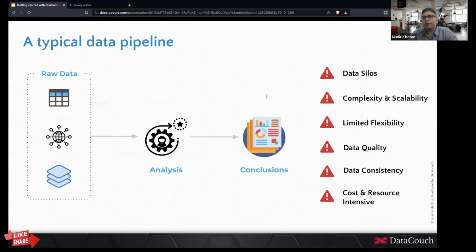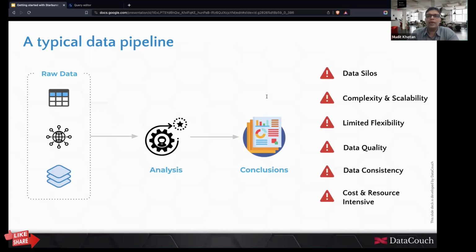Because the data pipeline is so broken, or so problematic, there are too many moving parts, and those parts are not optimized to work with each other. It requires far too many people to make them work together so that the system does not collapse. So that is another issue that comes into the picture when it comes to the typical data pipeline that we see today.